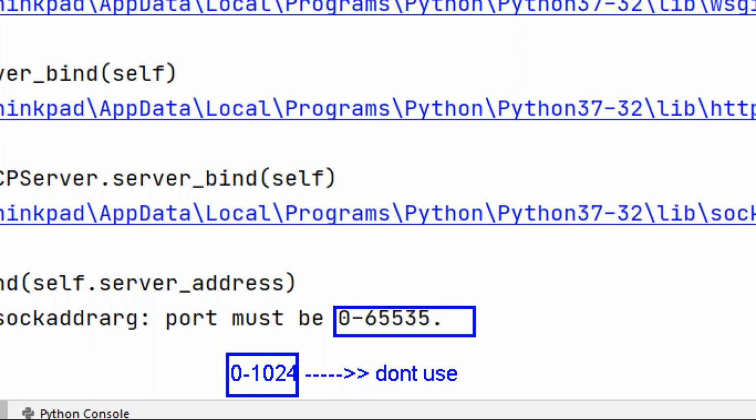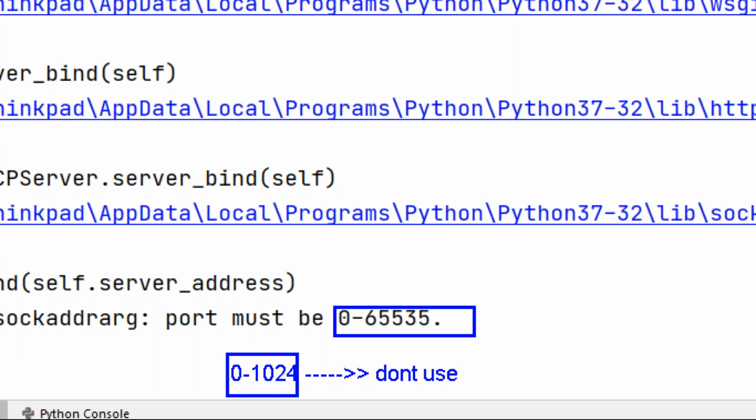In the software's default applications, to run the laptop or computer, some servers are running internally, and every server runs with one port number. So 0 to 1024, that is 1024 numbers, are already reserved for other purposes.